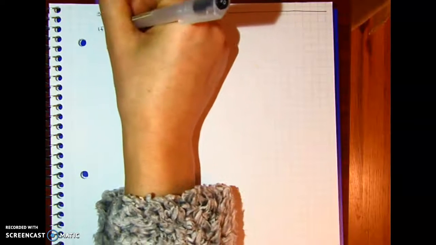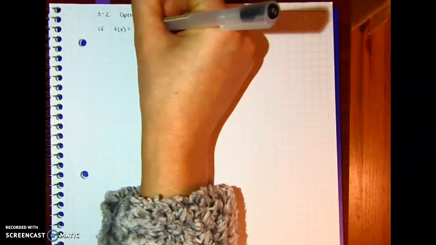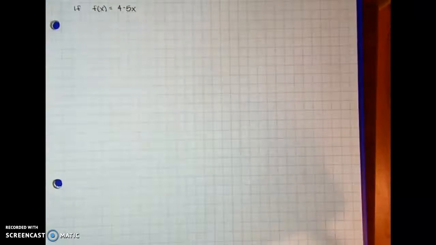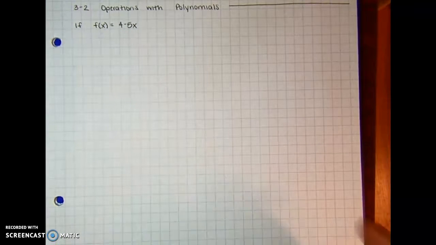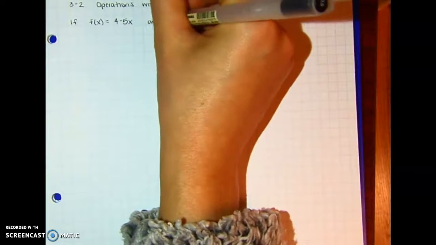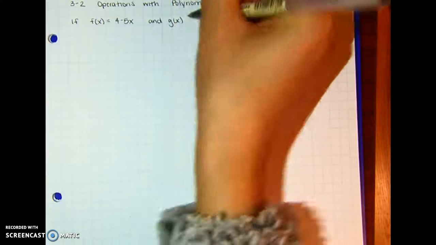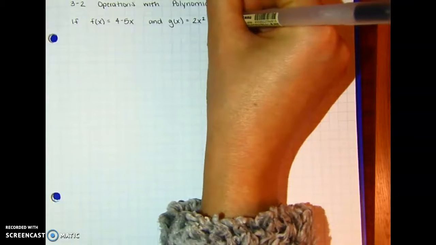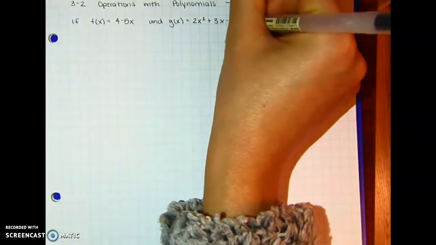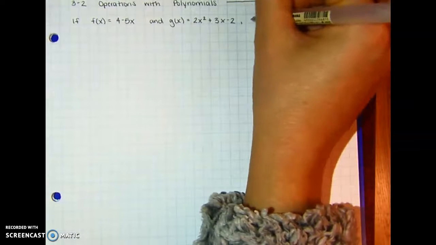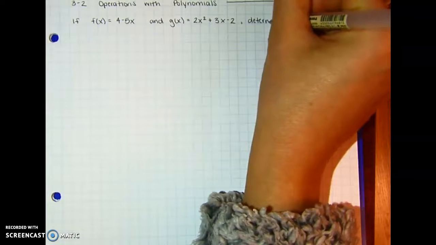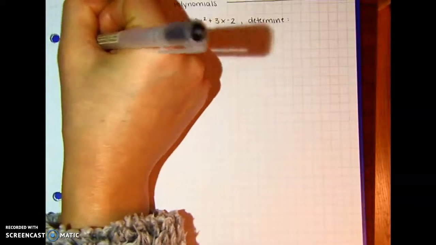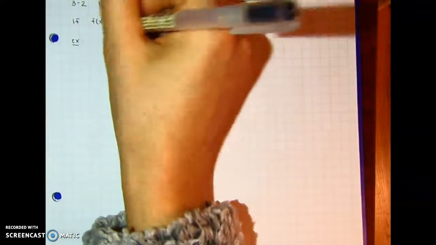If f of x equals 4 minus 5x, so degree 1 polynomial, and g of x equals 2x squared plus 3x minus 2, find or determine the following. So first example,